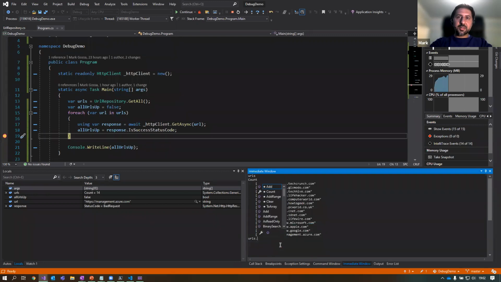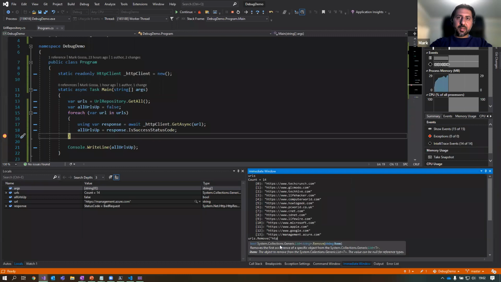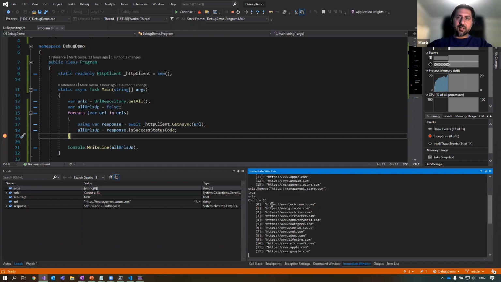So I can do urls.remove, and I'll just type that in. So if I just put that in, it's come back with a true. And here, if I just go to URLs again, you can see now there's only 13, and I can see that that one's removed.